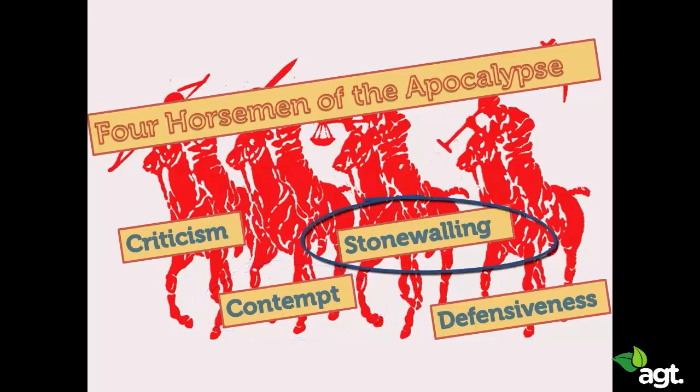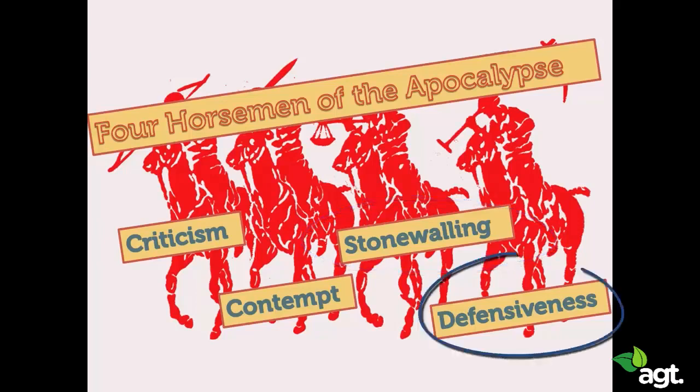The third horseman of the apocalypse is called stonewalling. That's a term John and Julie Gottman used for people who are withdrawing from conflict, withdrawing from conflict up to an extent where it's not clear anymore if they're actually even listening. So a stonewaller is really tuned out of a conversation. The fourth and last one of the four horsemen is defensiveness. People become defensive and say, "It's not my fault, it's yours," and start a counterattack. Or they present themselves as an innocent victim.